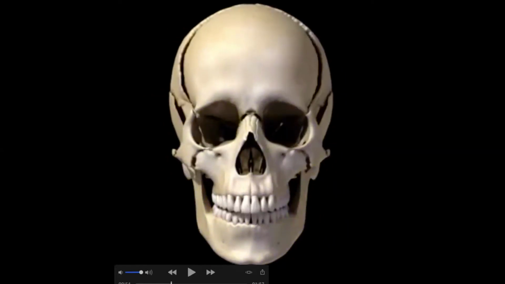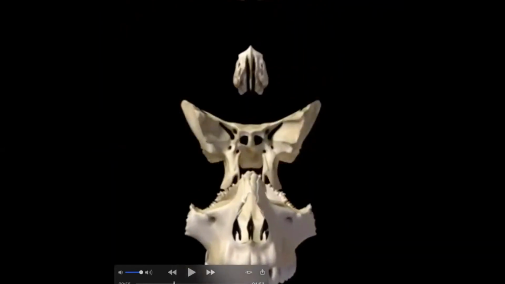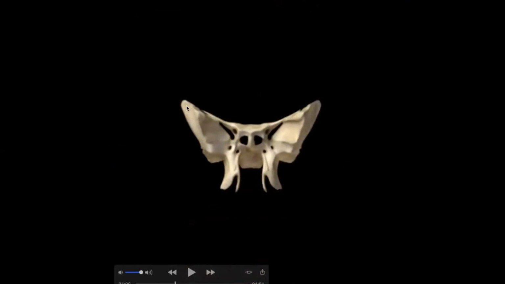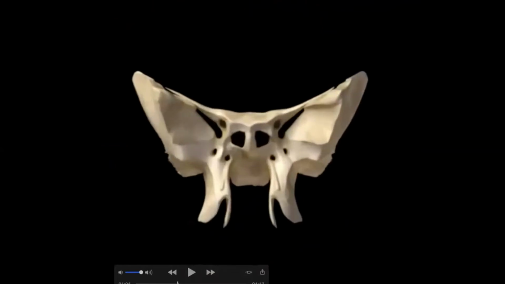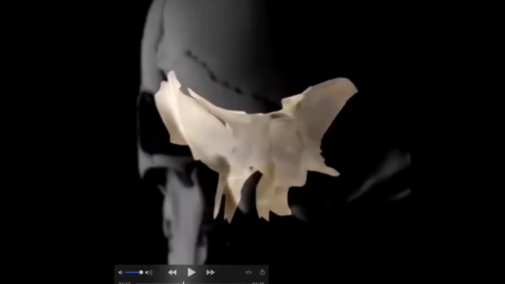As we undo those sutures and remove the individual bones, we have this butterfly looking shape. And this part right here is what was on the outside that I pointed at, and this is the other side. Those on the outside, and this whole butterfly shape goes right through the center of your skull. So all of this right here is part of your nasal cavity. And then in the back,